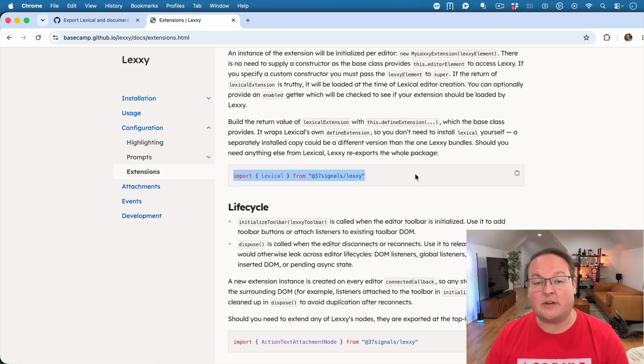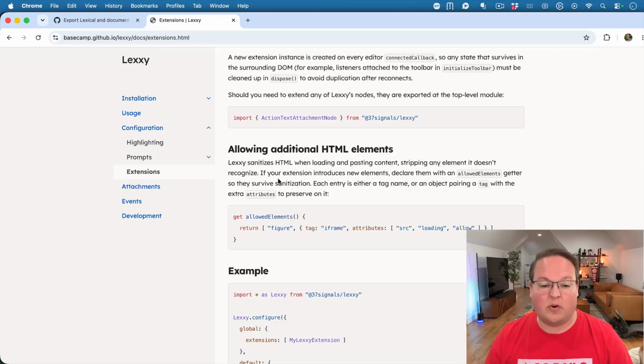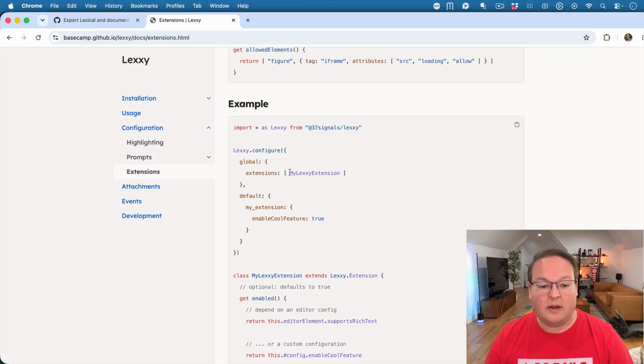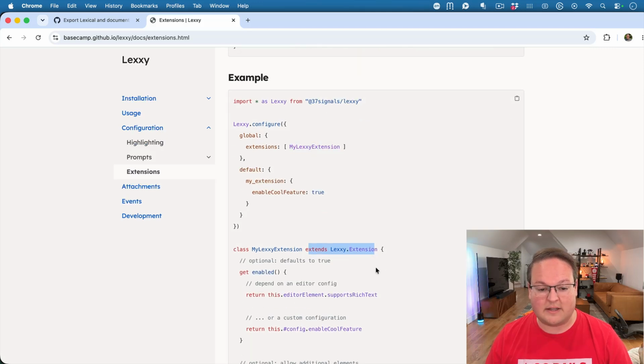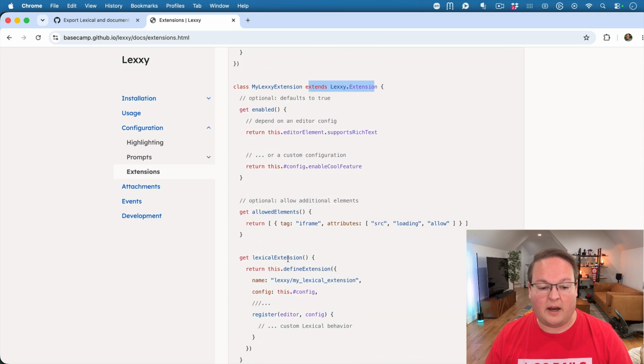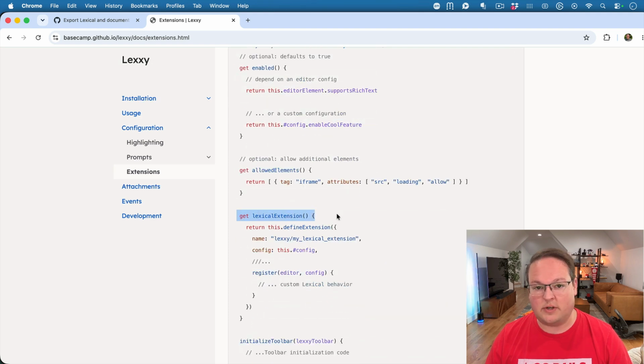So now you can actually pull out Lexical and reference it from the Lexxy package. So that's really handy. If you ever need to reference anything from Lexical, you can. And then when you're creating an extension, you define your class. It needs to extend from Lexxy extension, and then it needs this lexical extension getter. And previously, this had to reference